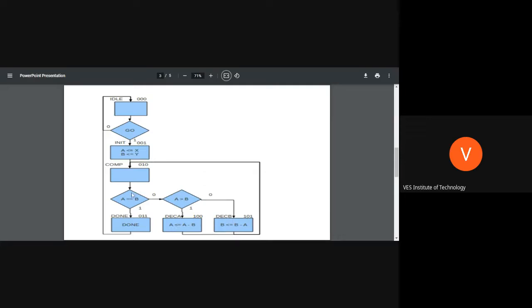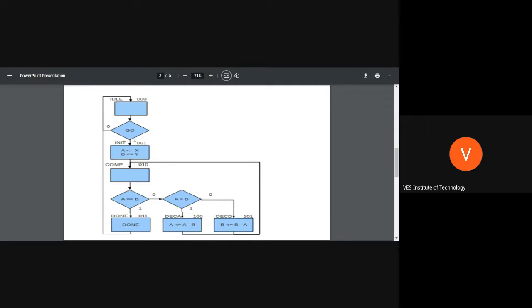Now you can see this operation is a comparison. These two operations will be comparison. Now whether it is a is equal to a minus b or b is equal to b minus a, these will be subtractors in the hardware. It is equivalent to the subtractor, it is equivalent to the comparator, and now choosing whether it is a is equal to a minus b or b is equal to b minus a, these will be multiplexers. Then we have to send that information back also.